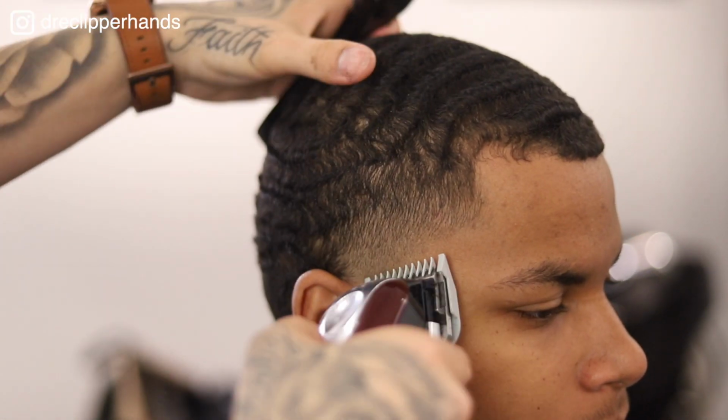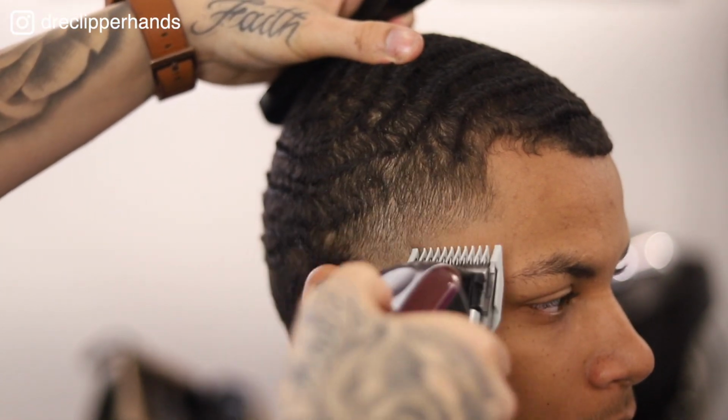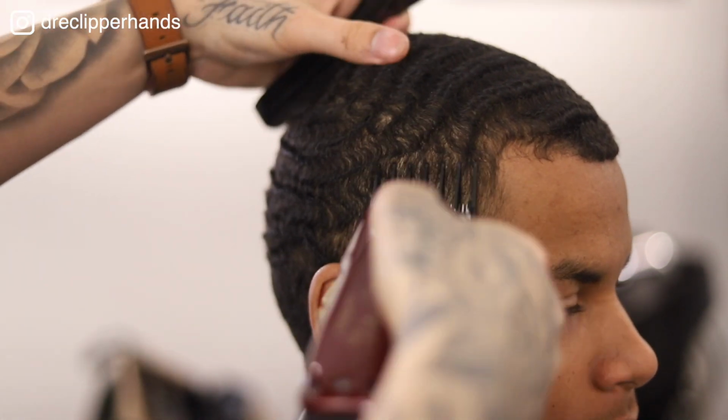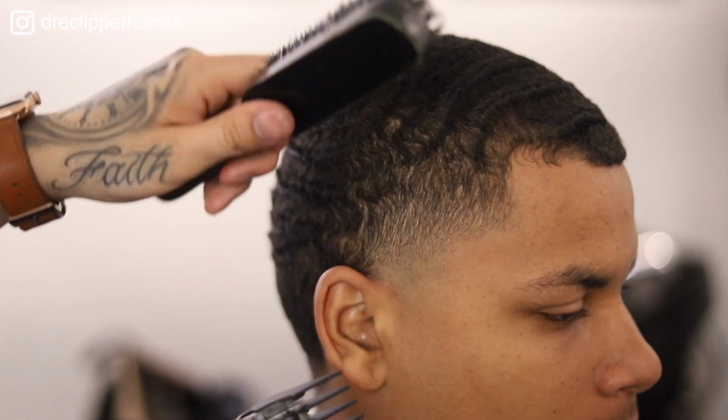And you'll see me use a lot of the corner of the blade, and that's so I don't create any more lines, because that's not what I'm trying to do here. I'm just trying to get this blend looking real smooth. And now I went ahead and grabbed my two guard once again to go ahead and blend into the top a little bit better,